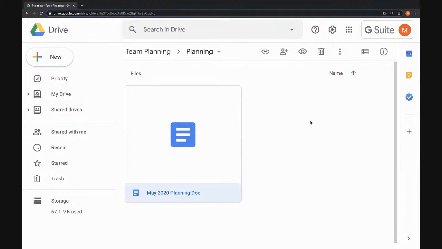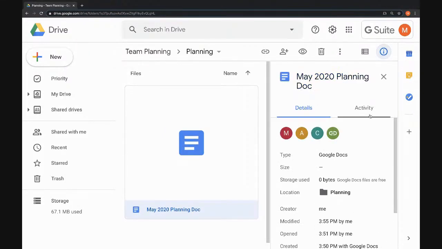Now, if you want to be able to see what's been going on in your shared drive and have a bit of an overview of where things are, what people are doing, then as within My Drive, you can click on the information icon up here and go to the activity stream.